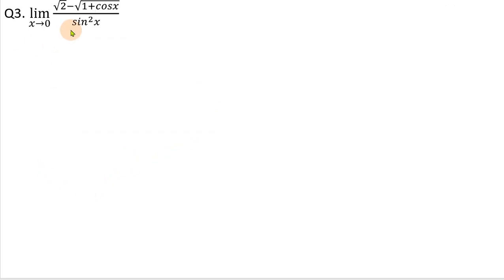Question third, we have limit x approaches 0 root 2 minus square root of 1 plus cos x upon sin square x. So 1 plus cos x, you know, we always use formula of cos 2x. In place of 1 plus cos x, we shall use 2 cos square x by 2, and for 1 minus cos x, we have already studied this in trigonometry, 2 sin square x by 2. So here we write